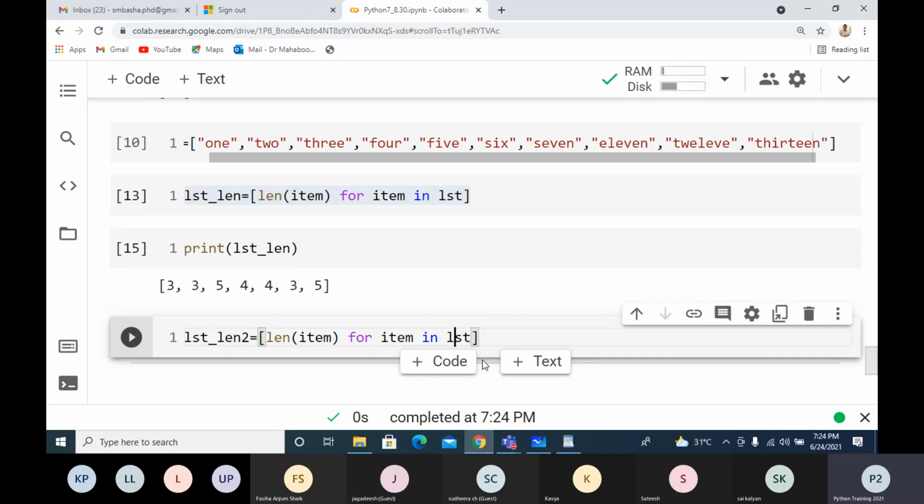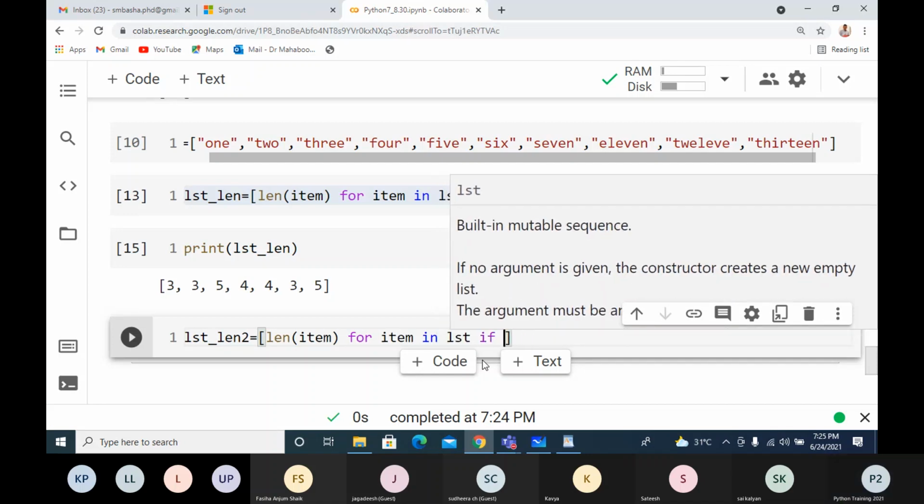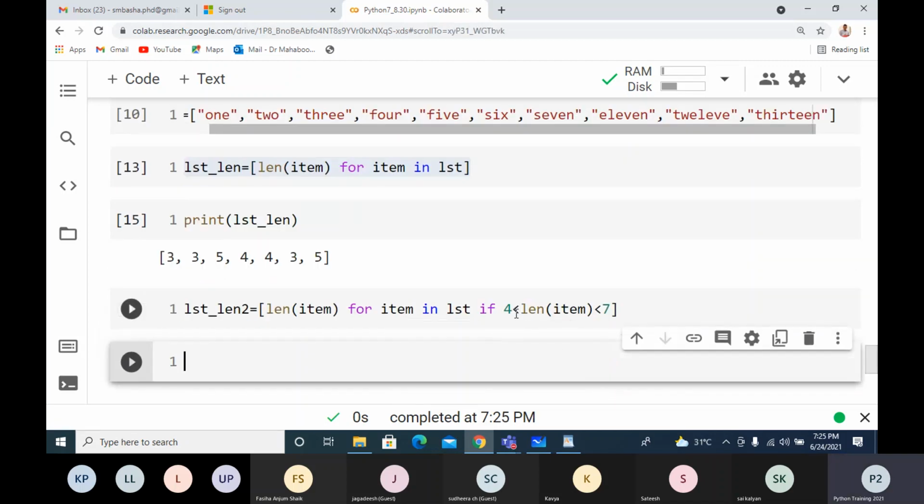Now what I'll do is, if 4 less than length of item less than 7, it will pick the words having length greater than 4 but less than 7.